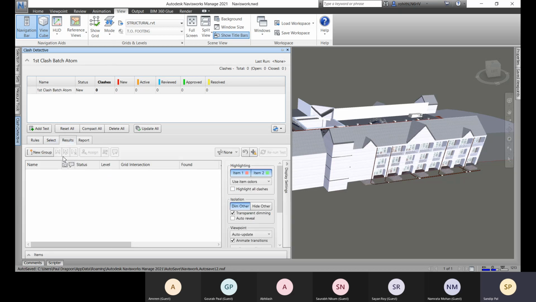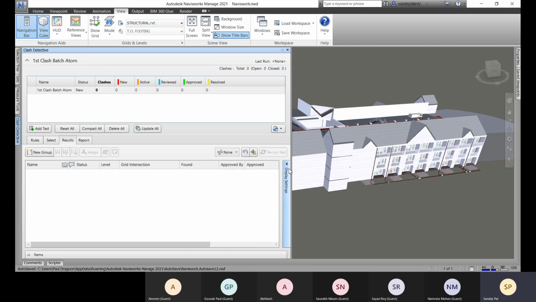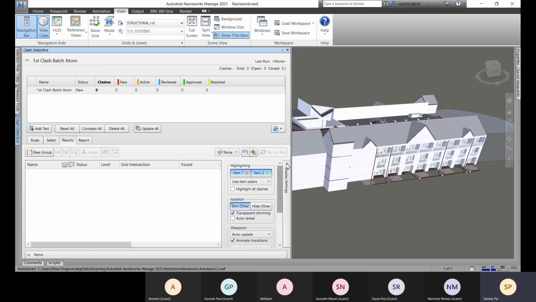And now let's come to this result tab. Right now we don't have any result, because we haven't run any tests. So this is empty right now. And we will come to this part about the display settings. Okay. If it is not visible to you, you have to click on this for show. Okay, so then it will appear over there, and we will come to this later.